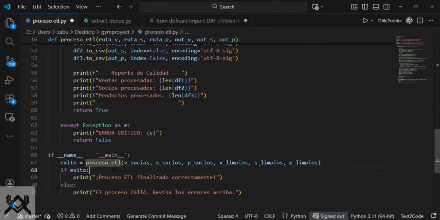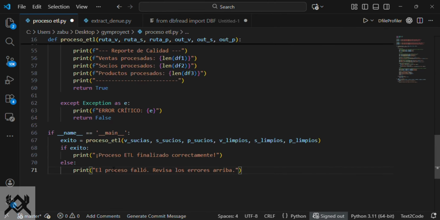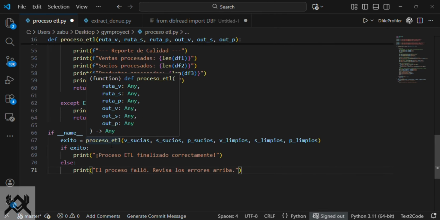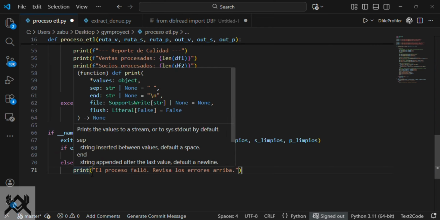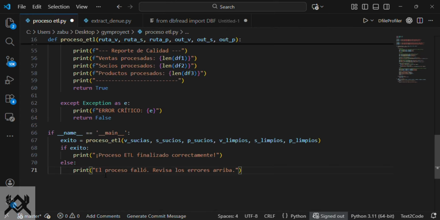Okay, finally the only thing to do is call my function, and this function is proceso etl, and if it works correctly, very well, process ETL has finished correctly. In the other case, the process ETL failed, check the errors above.